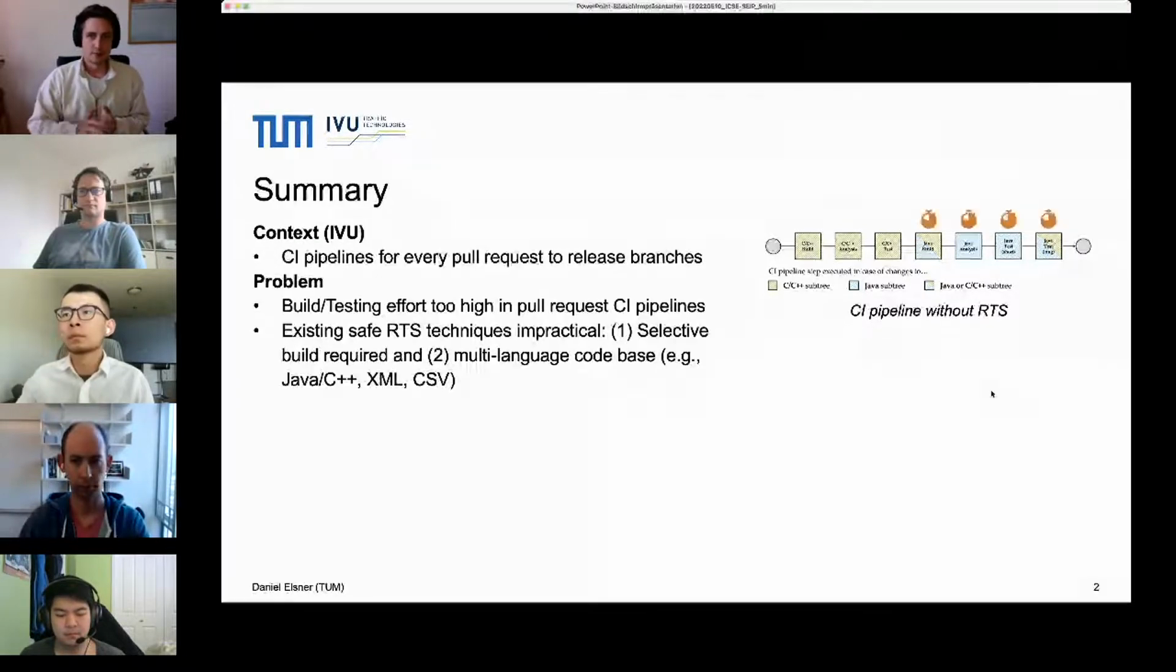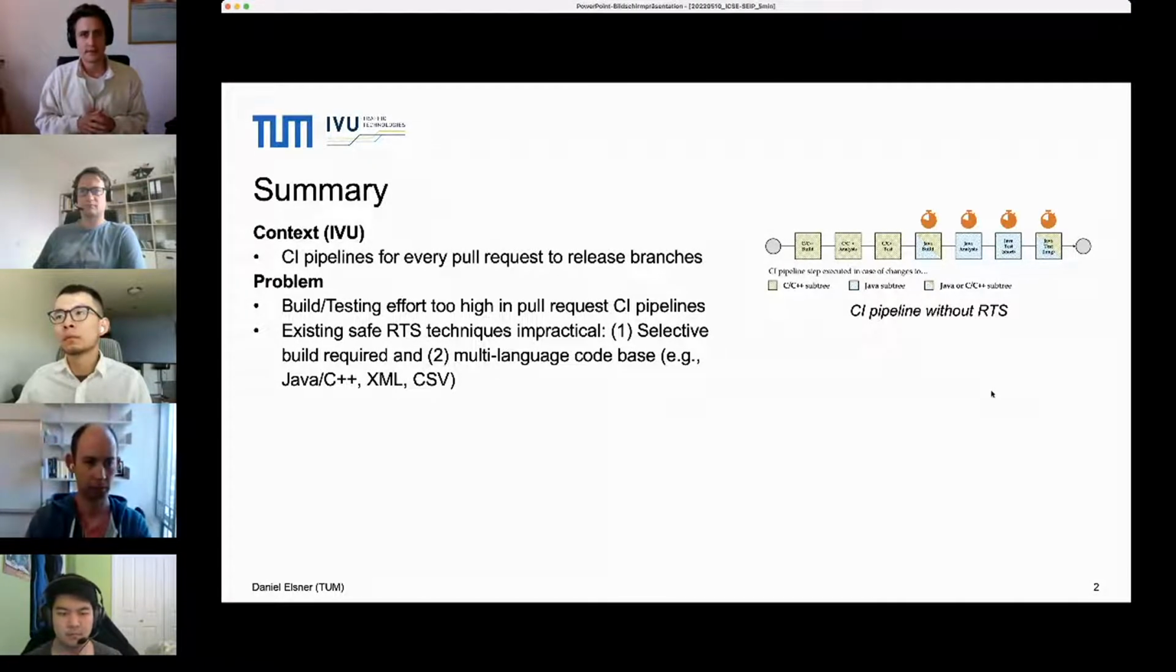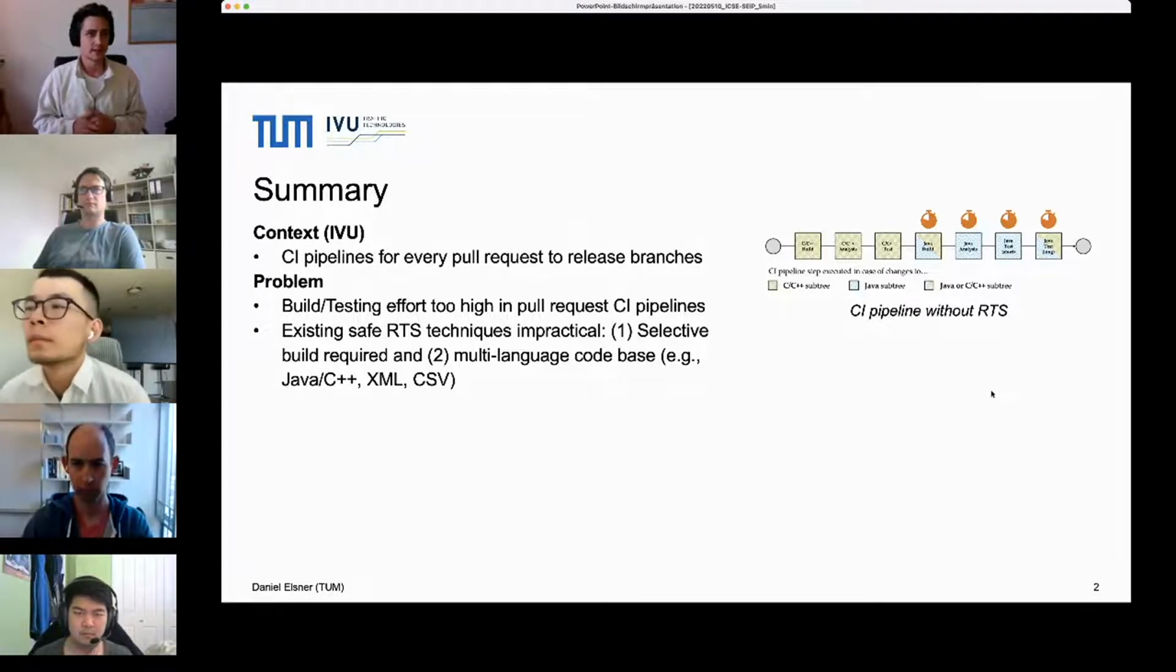And the problem with these CI pipelines is that they take a long time to run. So building the code base takes a long time, and testing as well. And we wanted to reduce the effort specifically for those Java parts of these pipelines. And the problem with existing safe RTS, so regression test selection techniques, is that they're impractical in this case because